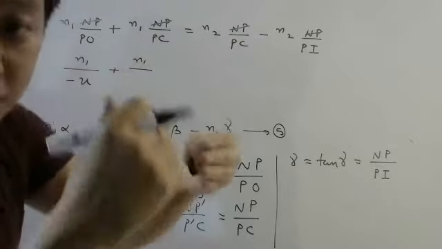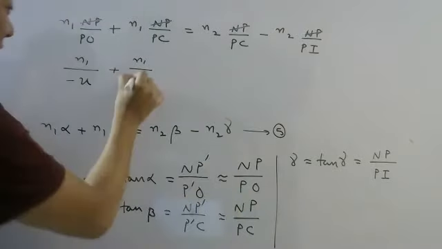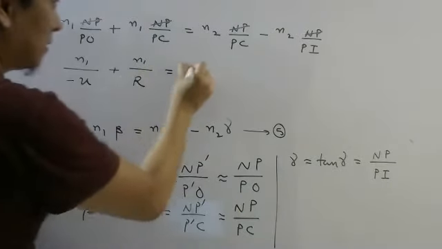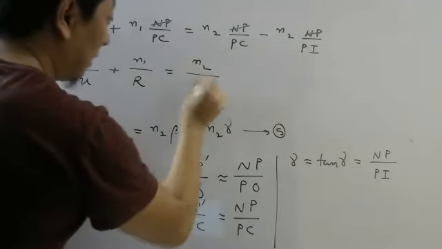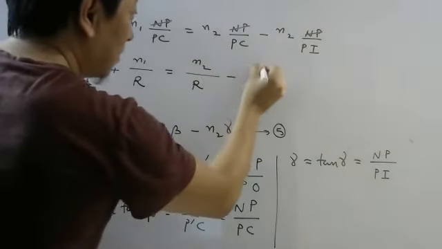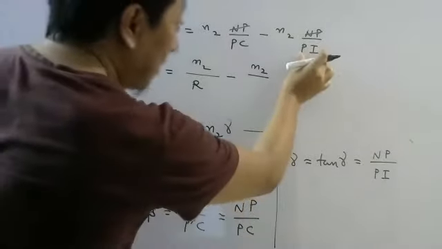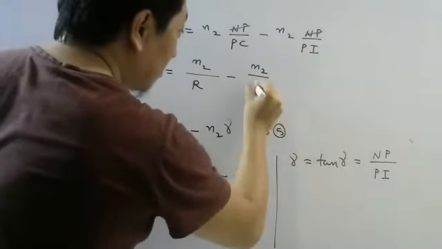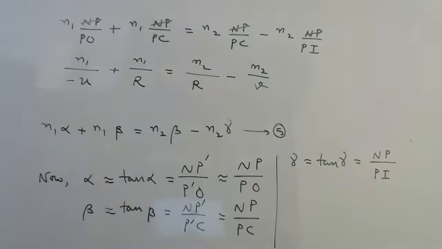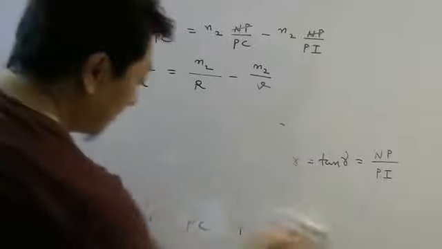PC is the radius, it is towards the right. So we will take plus. PC is the radius, again plus. PI is on the right side, so it is plus, but it is the image distance, remember, image. So V. I think now you all understood. The formula will come immediately.